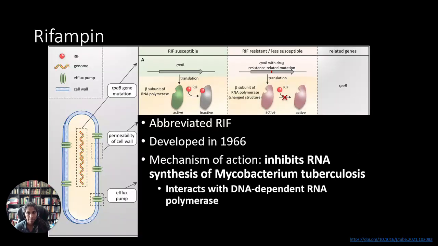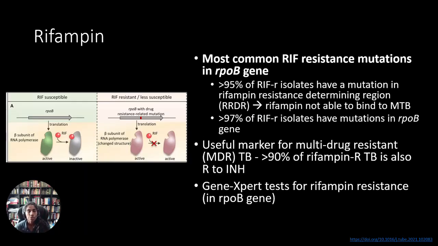Next, we'll move on to rifampin, otherwise known as RIF. Again, another old drug developed in 1966, and its mechanism of action, it inhibits RNA synthesis of Mycobacterium tuberculosis. So the most common RIF resistance mutation that's observed is in the RPOB gene. Greater than 95% of RIF-resistant isolates have a mutation in this area. And this allows rifampin to not be able to bind to the Mycobacterium tuberculosis, so then it can evade the